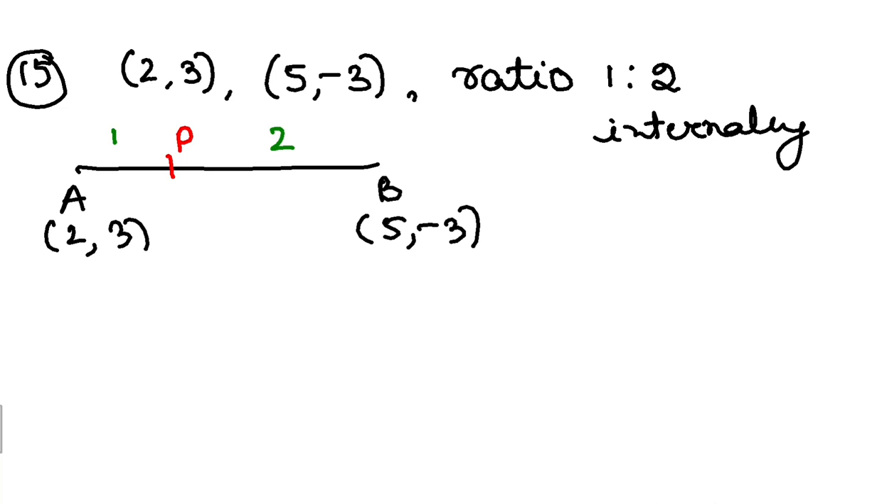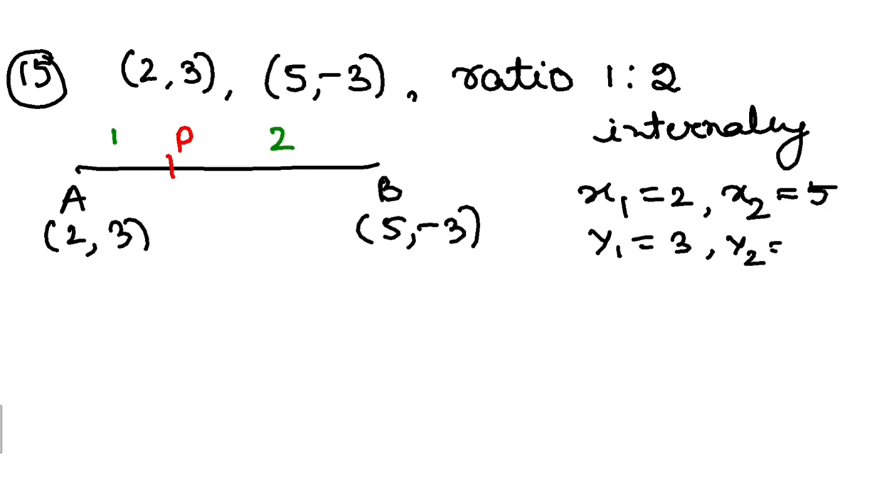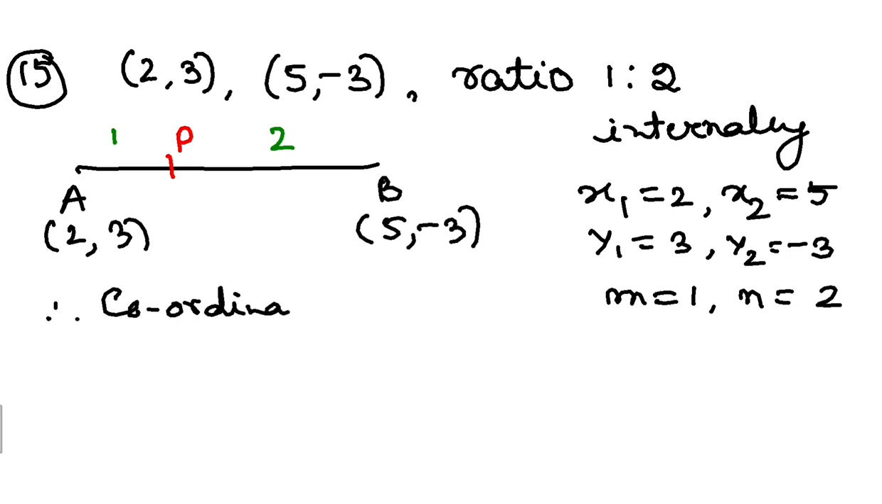So what is my x1? My x1 is 2. What is my x2? x2 is 5. y1 is 3. y2 is -3. My m is 1 and n is 2, the ratio being 1:2. So applying the section formula, what is the coordinate of P then? The coordinate of P